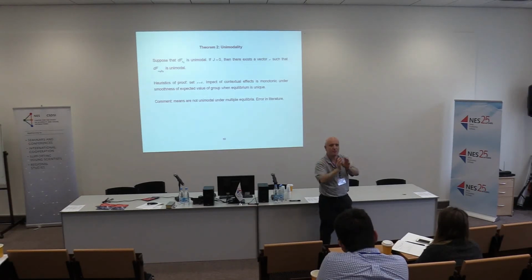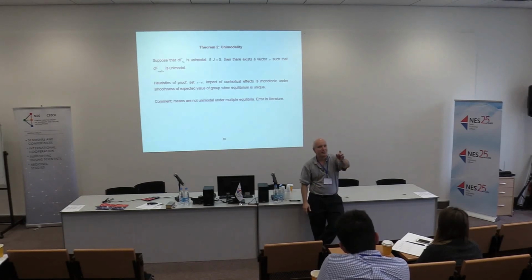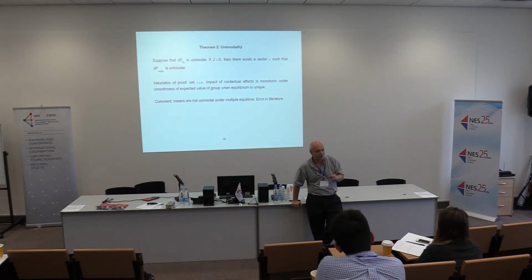That's actually wrong. If there are multiple equilibria, what you would have is a mixture density. Some neighborhoods would be at this equilibrium, some neighborhoods at this equilibrium, some neighborhoods at this equilibrium. There's no guarantee that a mixture density is multimodal. We could have a unimodal density of outcomes, even though it's a mixture density. So some people come from this equilibrium, some come from this equilibrium, some come from this equilibrium.